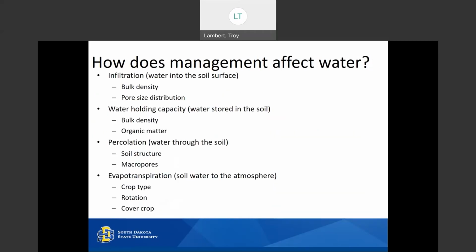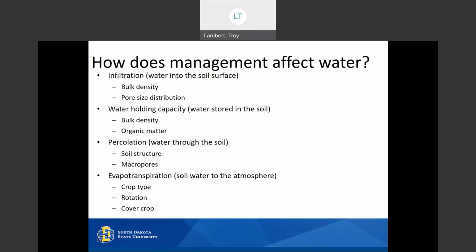So that's the premise that we're working off of. And now we're setting out to prove that, and some of the things that we're thinking about is basically all related to soils. And so if we think about how management affects the water balance, how water moves through soil, well, rain falls down and it hits the landscape, right? And so it can either do one of three things. It can run off the surface, can go down to the ground, or it can go back up into the atmosphere as evaporation or transpiration. So we start with that infiltration piece.